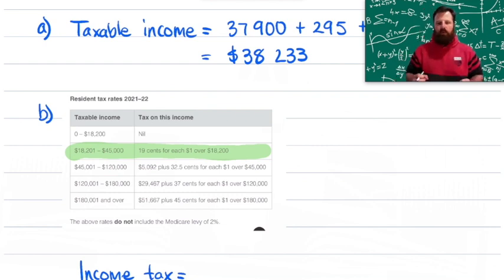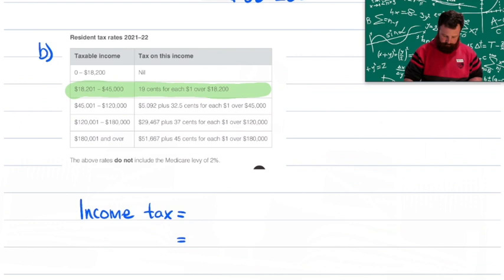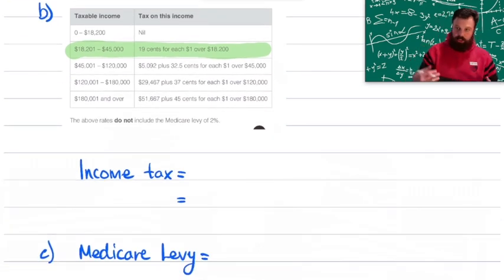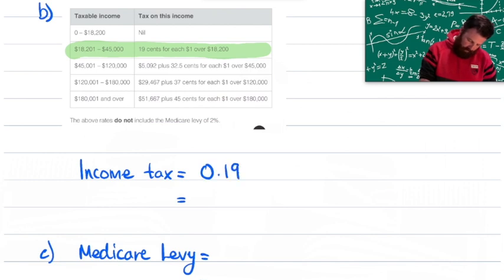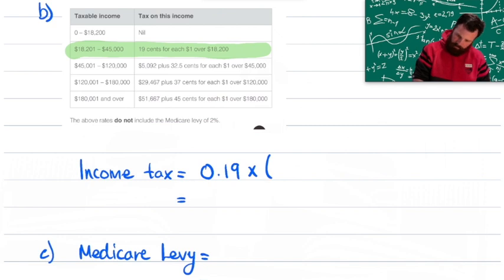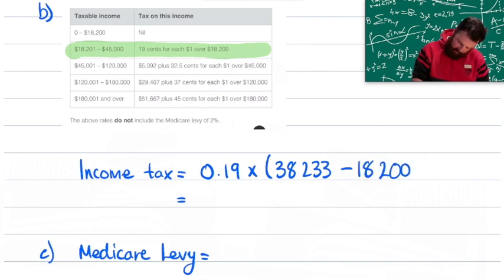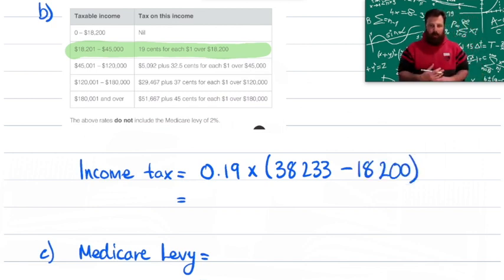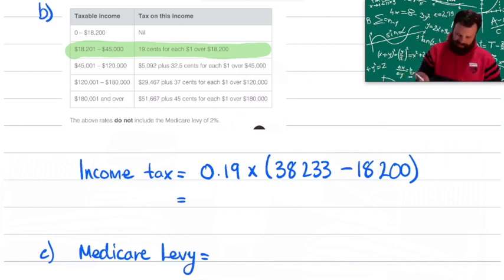So we're just going to follow those instructions again, remembering to change our cents to dollars, so 19 cents becomes $0.19 times, and remembering to figure out how much over 18,200 we need to do our taxable income minus that lower bracket. When we evaluate that on our calculator, John owes